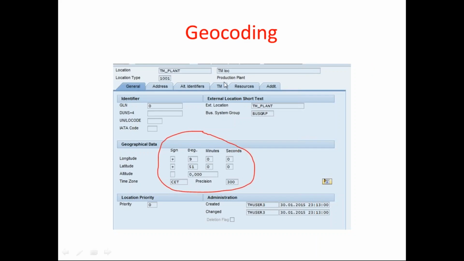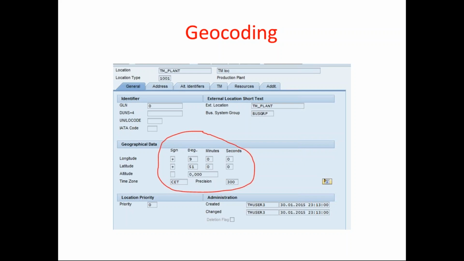Normally at the time of location creation, the geographical data is important. This is nothing but the longitude, latitude and altitude of that particular place. Why is this useful? Because when we actually execute the transportation, your manager wants to know at what level my goods are during the transportation: whether they are about to reach the destination location, or they just started, or they are in between the route.